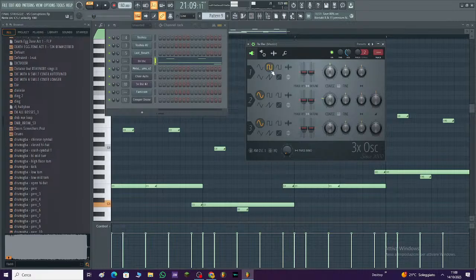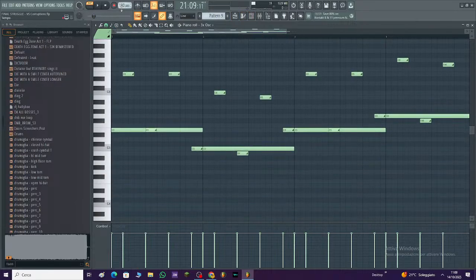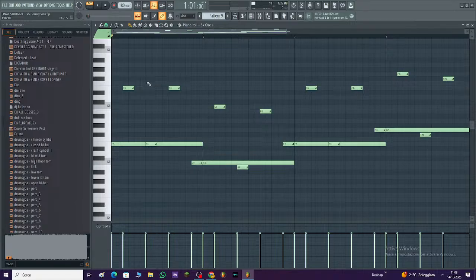Regular. Didn't add anything else. I just changed this to this to give the 8-bit sound, and lowered the volume so it doesn't overtake the song. And I didn't really use any effects in this one, but I used a lot of